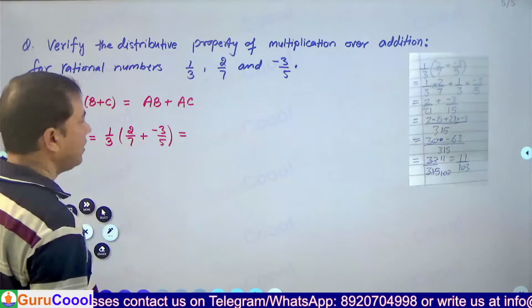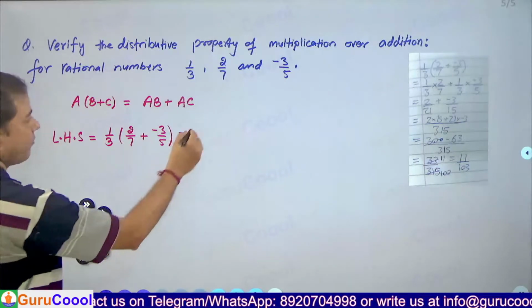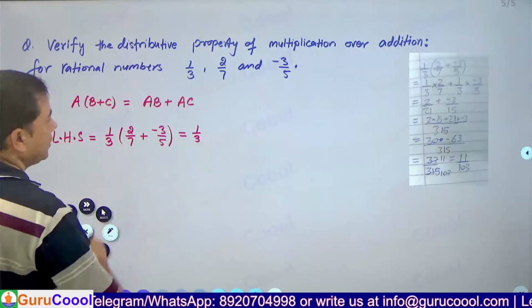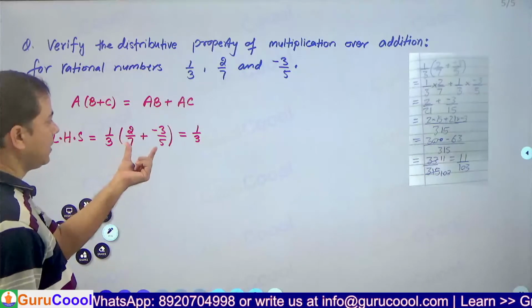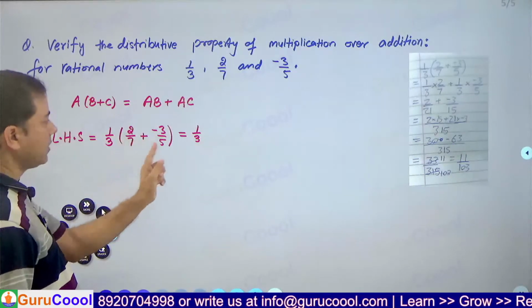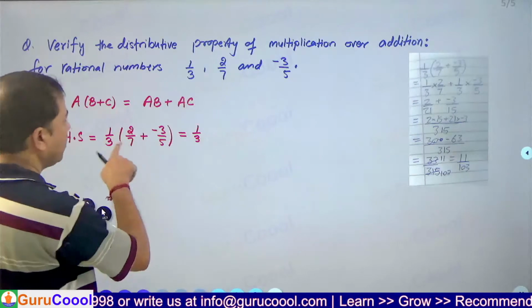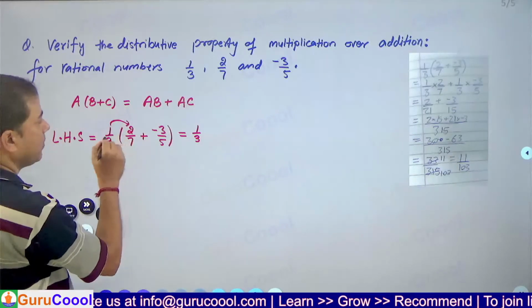I'll simplify and find the value. 1 by 3 is already out. So I'll add the two rational numbers inside the bracket. I'm not going to multiply this way. Remember, notice,